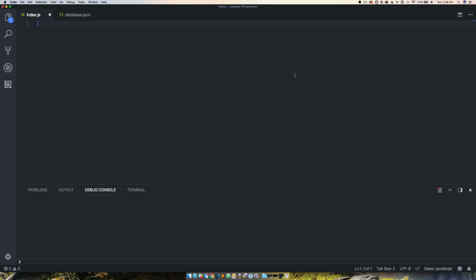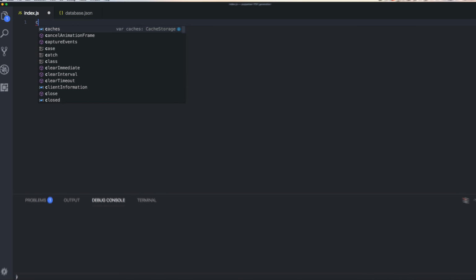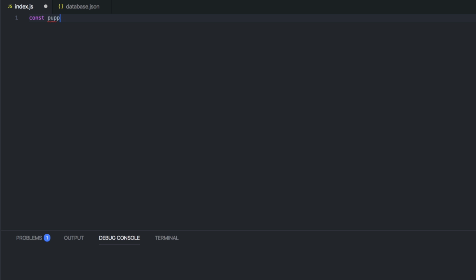Hey guys, today we're going to take a look at another Puppeteer video. This time we're going to look at PDF generation. It's another great use of Puppeteer, and I think it does a really great job at it. So we're just going to make a quick Handlebars template that we're going to compile and generate a PDF out of. So we're going to need Puppeteer, so const puppeteer